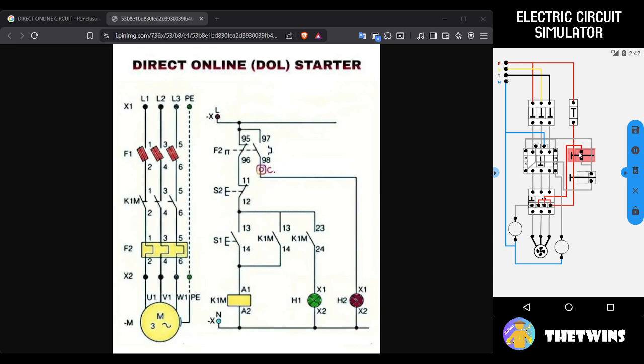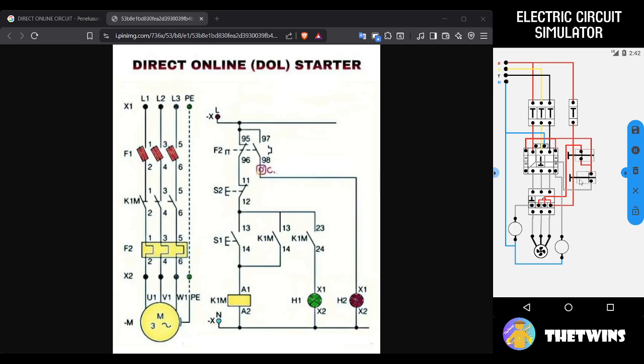We turn off again. Okay, it works fine. We turn on the MCB3 phase 2 and we simulate again.